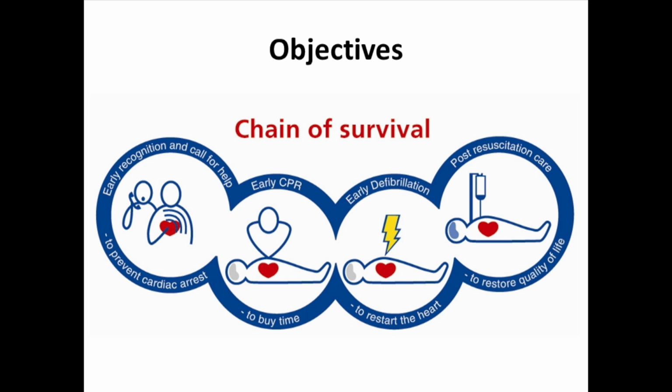The second link is early CPR once a cardiac arrest is confirmed, and CPR is essential to keep blood supply going to the vital organs, namely the brain and heart. This video will demonstrate effective CPR. The third link in the chain of survival is early defibrillation. Research suggests that early defibrillation is key in reversing shockable cardiac arrests, with survival dropping by 10% for every